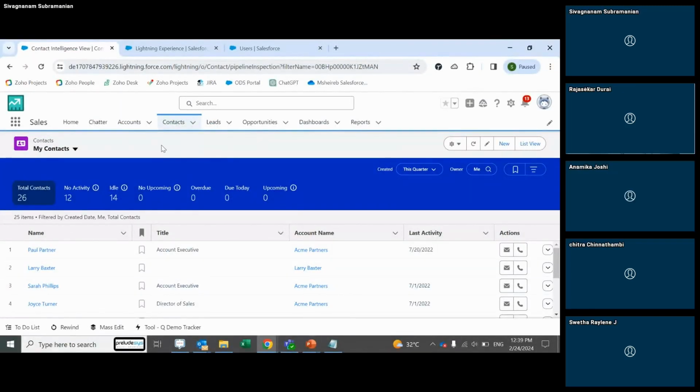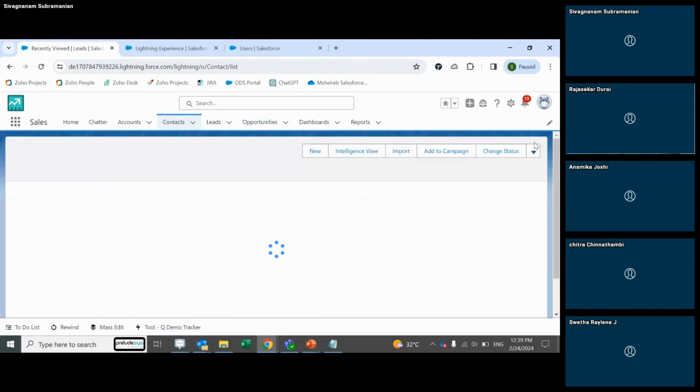Since I'm navigating between two different Salesforce orgs, I am also a little bit confused about which one to show the demo in now. Okay,